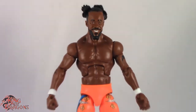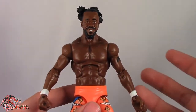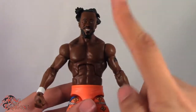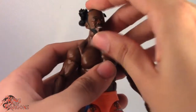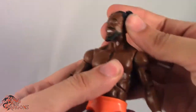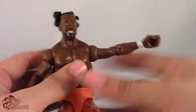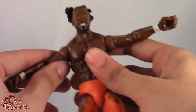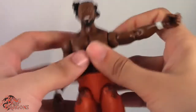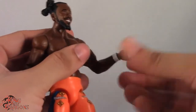What we're going to do now is actually run through his articulation. And as you would expect, he mostly has the same articulation, and I'll explain that in a little bit. He does have a ball-jointed head. He can look down, he can look up, tilt his head side to side, look left and right, so pretty good movement on his head. Arms go out to about that far, do a full 360. They spin at the bicep, single jointed at the elbow, spins and bends at the wrist,